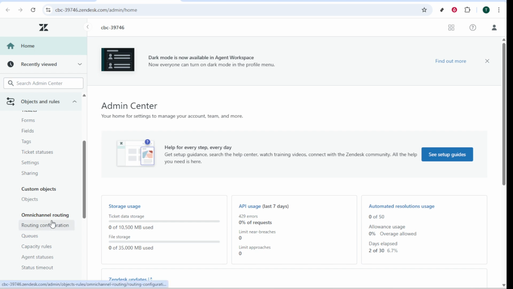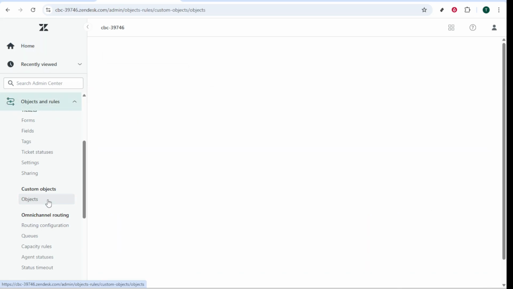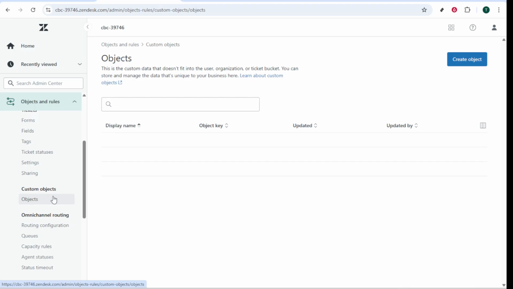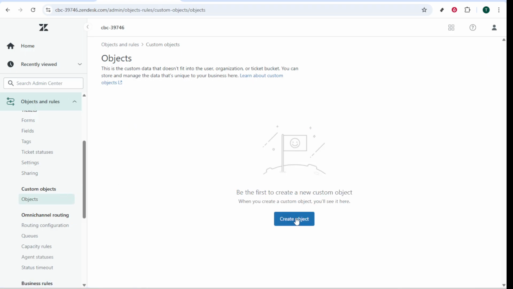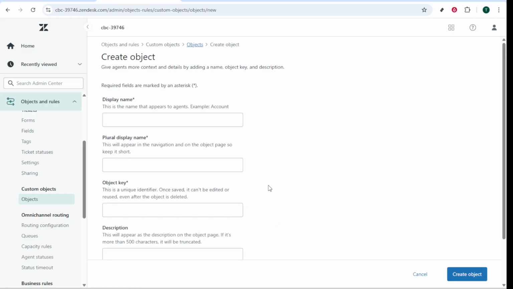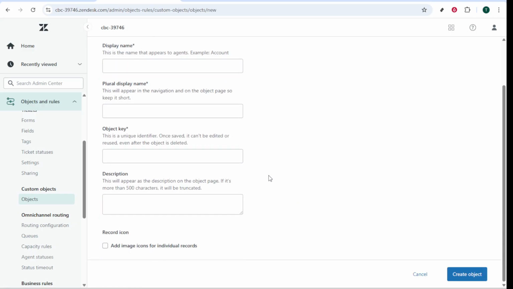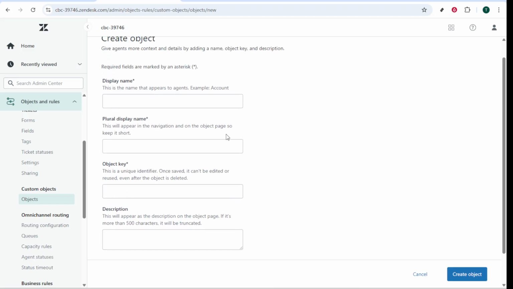After you've located this section, it's time to delve deeper by clicking on Objects. This step is particularly significant as it is where you'll create and manage your custom objects. Here you can define your objects by setting the following parameters: display name, plural display name, object key, description, and record icon. The display name is how your object will be identified in the interface, so consider using a succinct